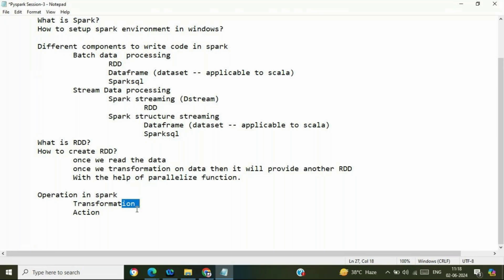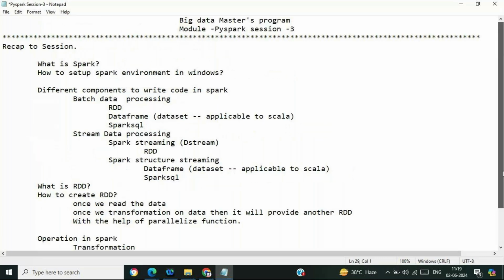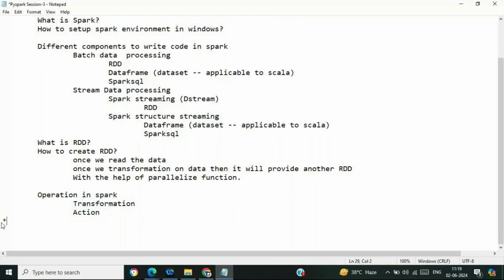It is going to park that particular transformation into the DAG, and that is going to record all the transformations whatever we are going to have on top of a particular data. Once we apply the action, then the actual execution will begin from the beginning, and then we will be able to get the outcome. If we need to have output in PySpark, then we need to take the action. Unless we take an action, nothing will happen. So this is what we have seen in our previous session, and we have started